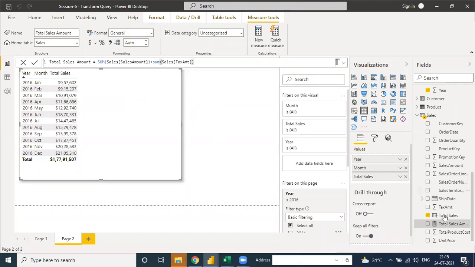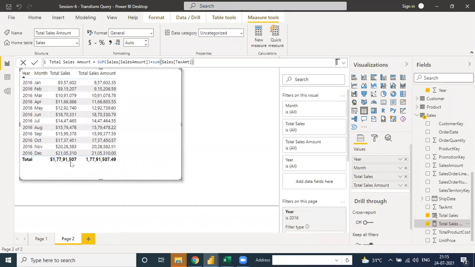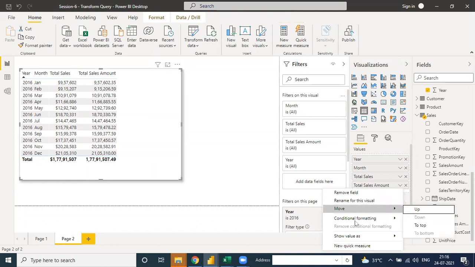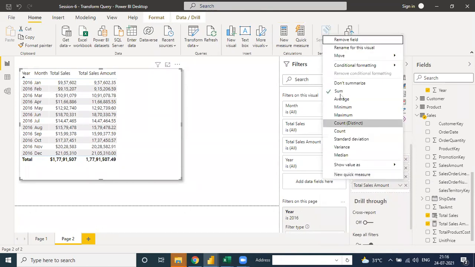Yes. See, the sales table is connected. See the total sales amount. When you put and drag it over there, see the value is completed. It means it is our explicit measure. And why do we use explicit? See, when you click over there, there is no option for sum, average, count, this kind of value. But when you put it over there, there is an option of sum, average, minimum, maximum, count, and this kind of thing. So this one is the implicit measure, and this one is the explicit measure.